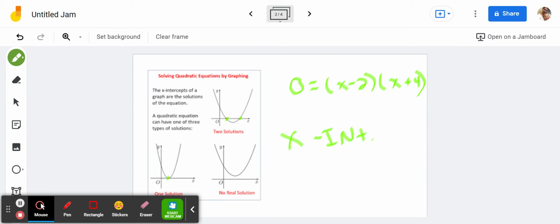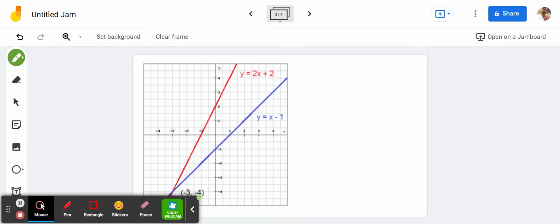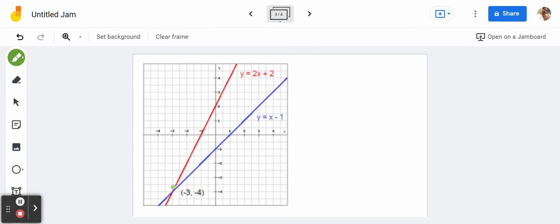Now they call this a solution, but they also call it a solution when we have a system. When we have a system of equations, we can see that we have two lines on one graph. This is a system of equations. And in this case, a solution is actually where they intersect. So the word solution can be a little confusing, because sometimes a solution is an x-intercept, but sometimes the solution is where they intersect. The way to figure this out is one equation